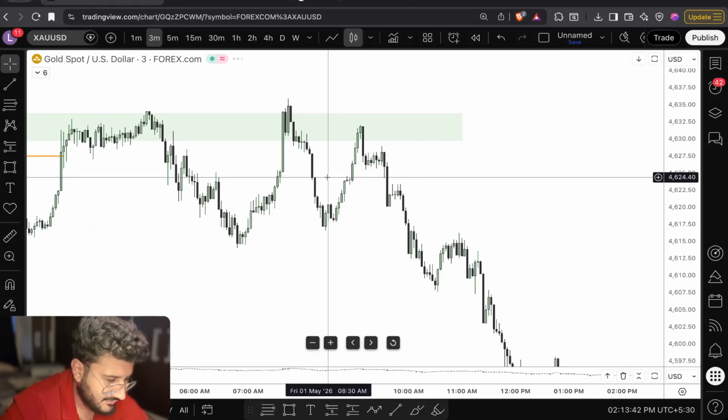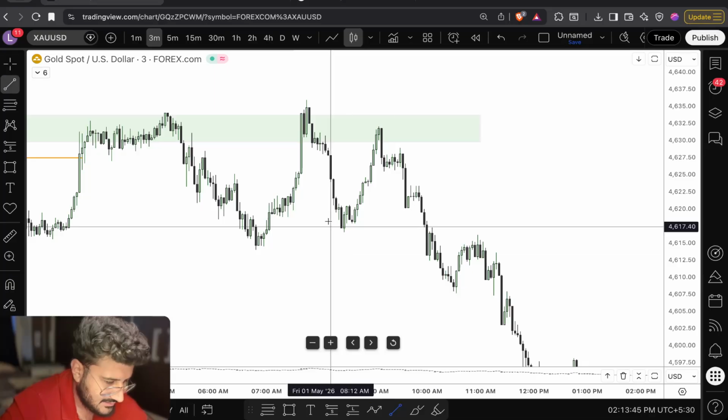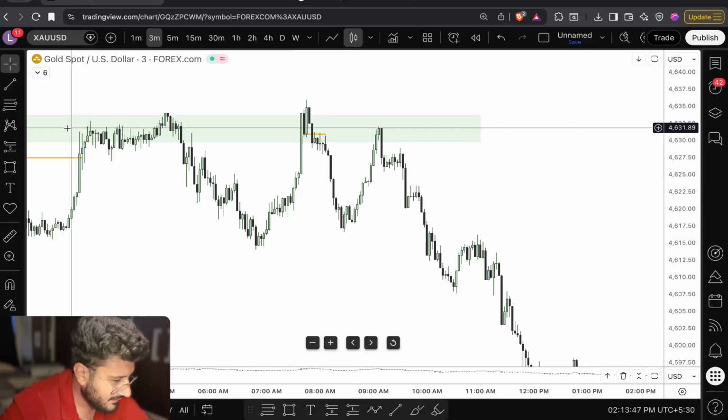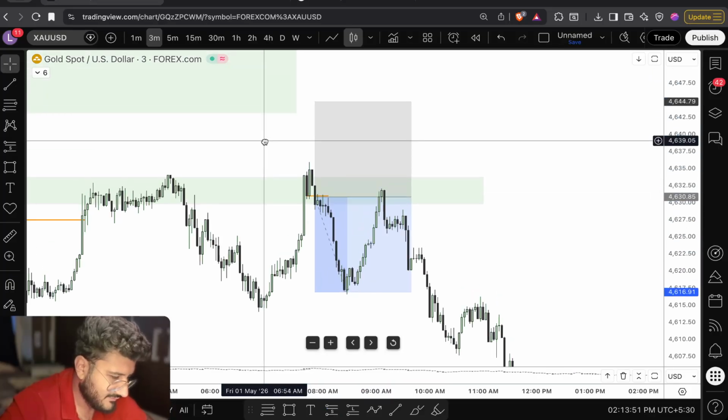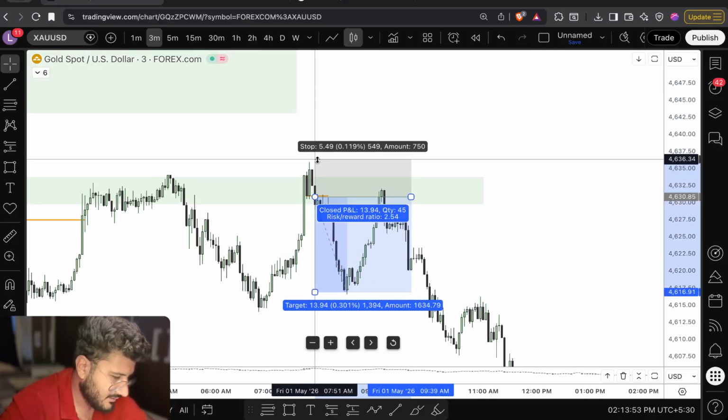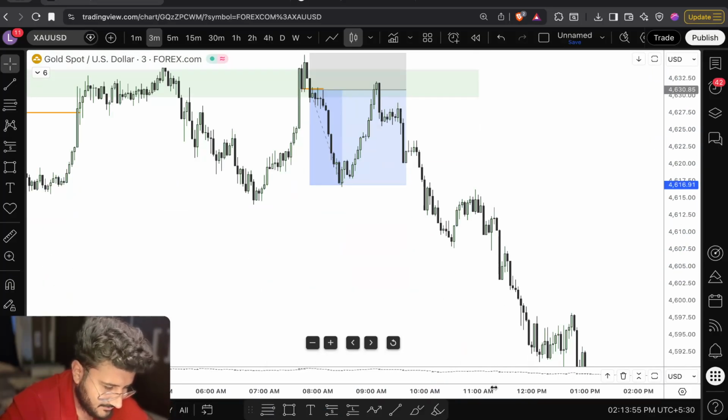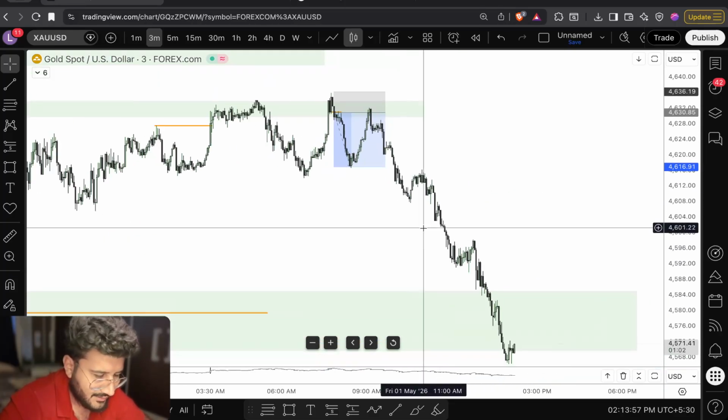I will go to the lower time frame. Yeah, this is my break, CSD on 3 minute time frame. And then I will look for a sell trade. Market is fractal. You can look liquidity on the 1 minute time frame, 30 seconds time frame, 1 hour time frame, 30-minute time frame, any time frame you can look at and find a trade plan.